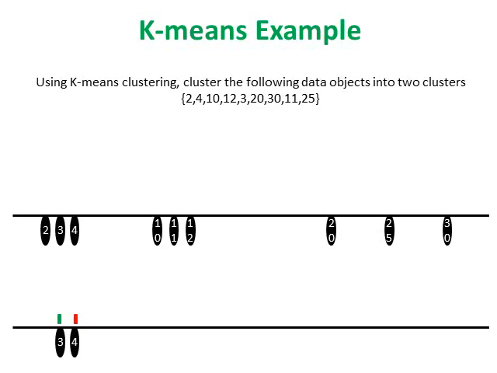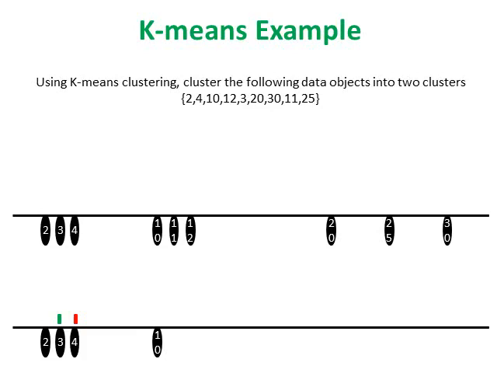Next step is to assign each object to the cluster to which the object is the most similar. Take the first data object 2 that is similar to the center 3 and dissimilar to the center 4, and next data object 4 that is similar to itself. Next data object is 10 that is similar to center 4 and dissimilar to center 3. Here similarity means the distance between data object and centroids.